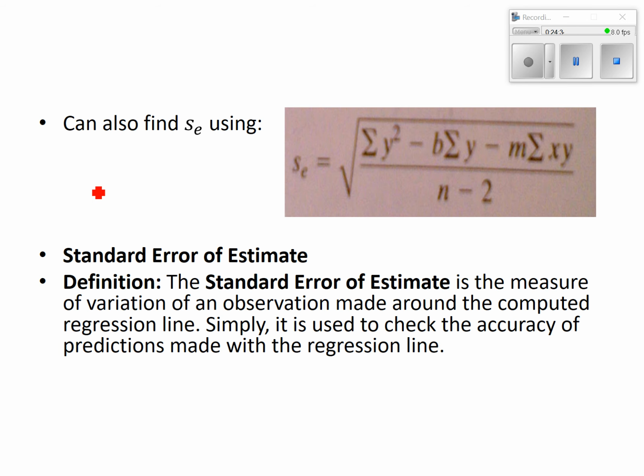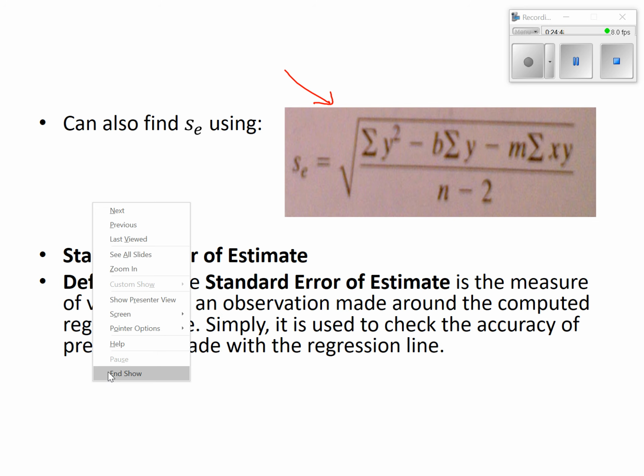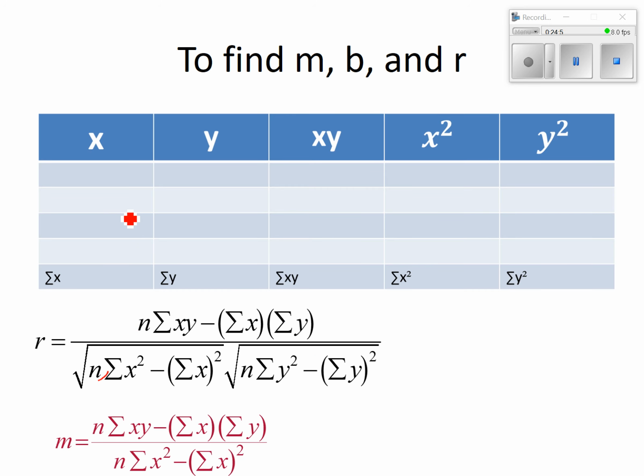Another method of finding the standard error of estimate is to use this formula. And this formula is a little easier, and if I skip ahead here for just a second, we could use this chart like we did back at the beginning of this chapter, to find the slope, the y-intercept, and to find our r. So if we had this chart, which wasn't a real difficult chart to do, to find r, m, and our b,